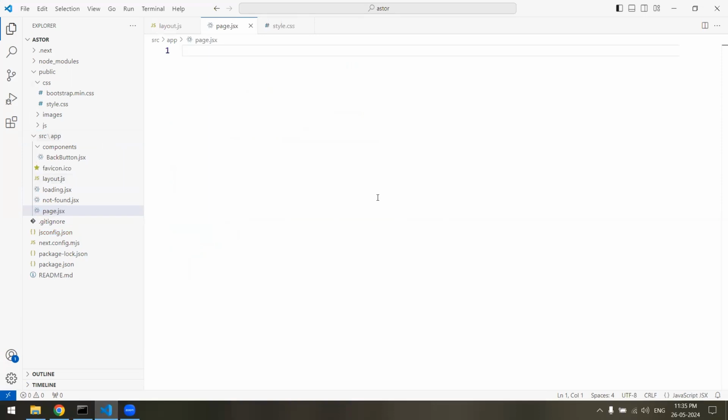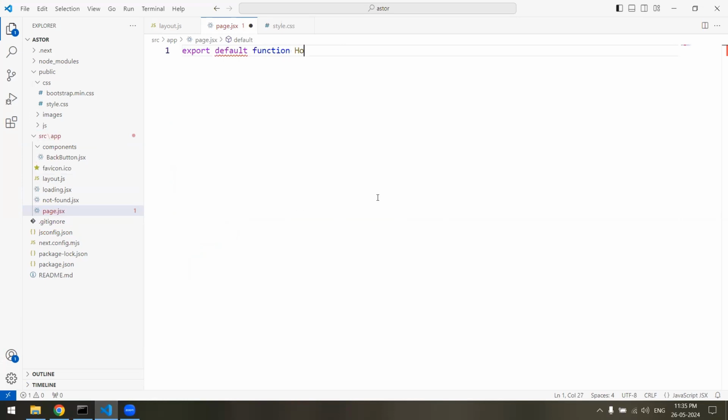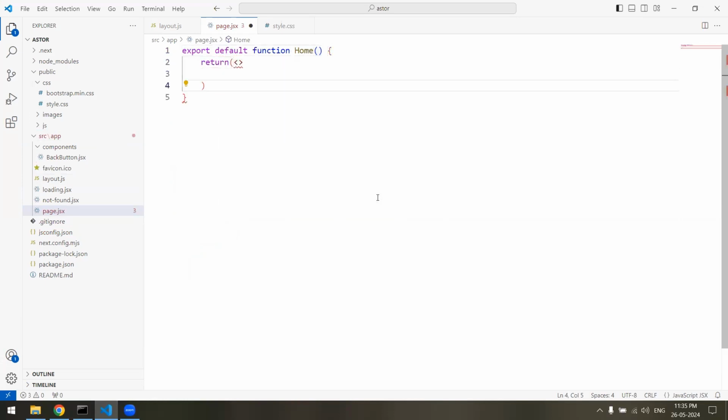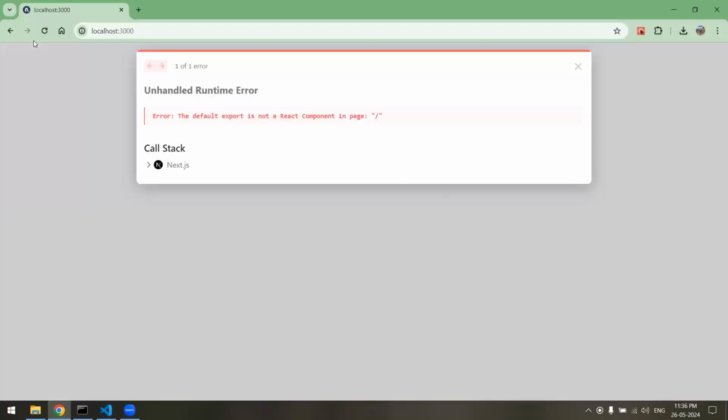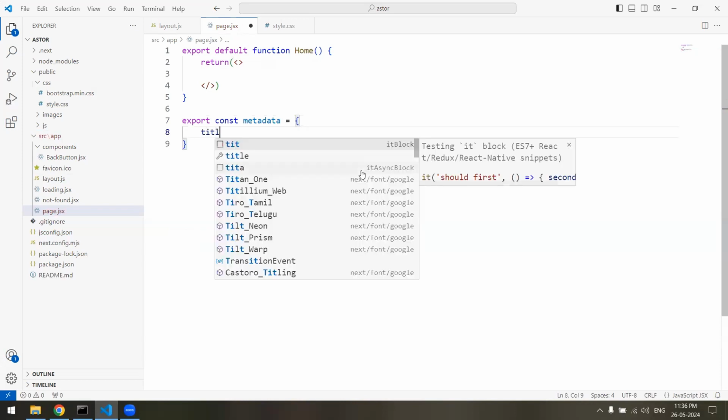page.jsx, and here it would be export default function home, and we'll make it return. It would be return, and here we have got the home page. Let's refresh it, and we've got the home page, and we'll put the metadata. So export const metadata is equals to, so